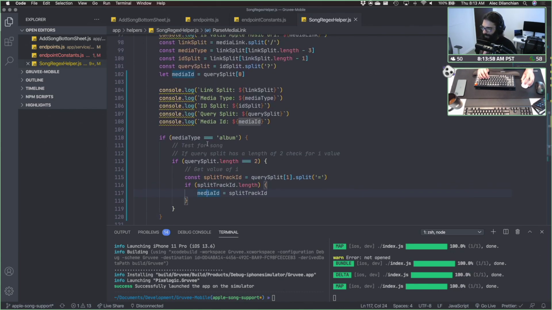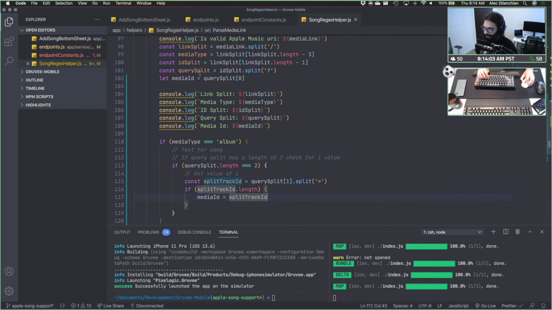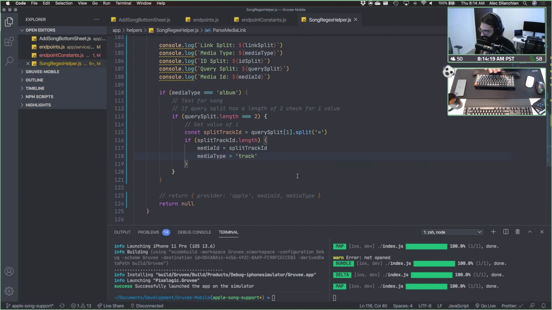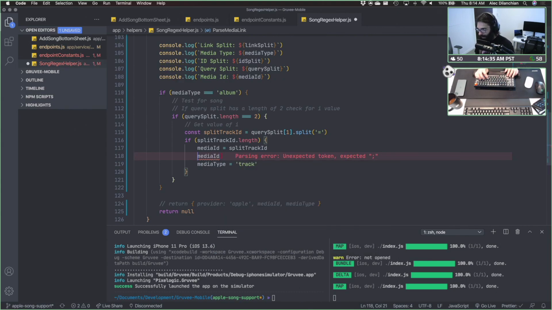Okay, anyways, so media would be like that, and then we also want, what was the other thing? The media type. This is also going to be a let. Right? Media type at this point is going to equal track. Yep, just like that. You can still use destructuring to get media ID. Okay, so I prefer it like this, but for learning's sake, if I want to do media ID as so,